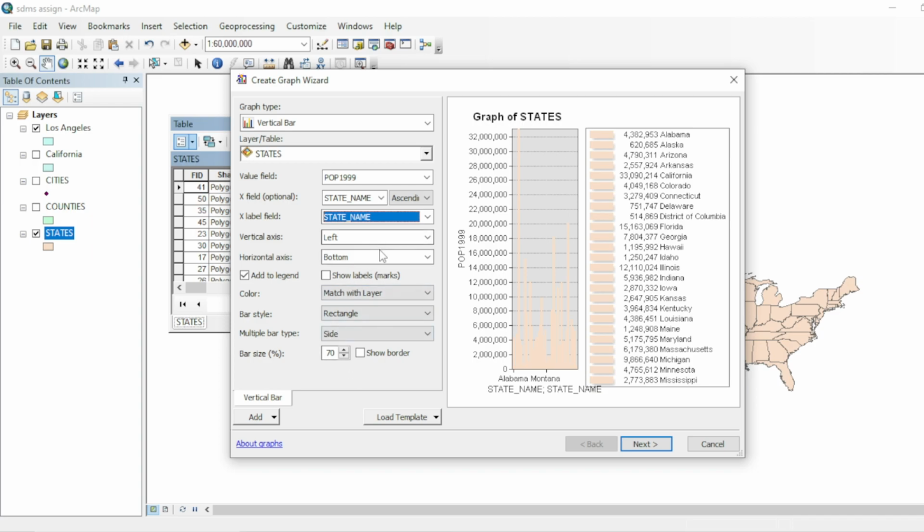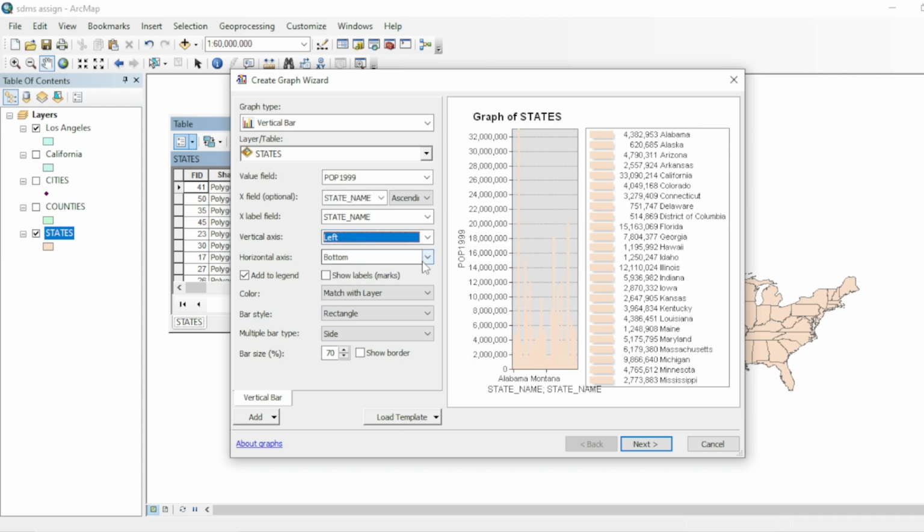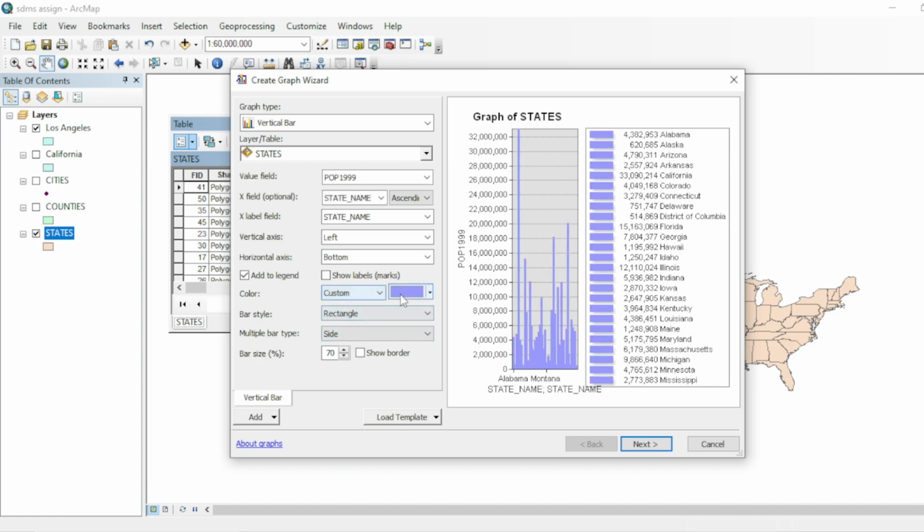And if you want your x-axis on left or right, you can also do this. You can also change the color from over here. If you want a custom color, a simple one color, you can select from over here. I will go with bevel and select bevel from over here, and